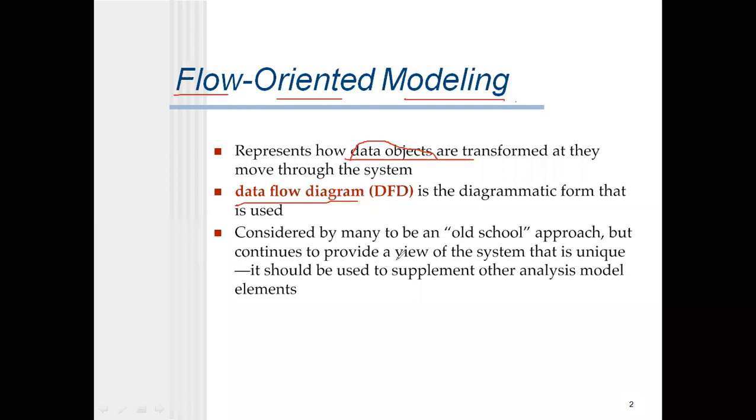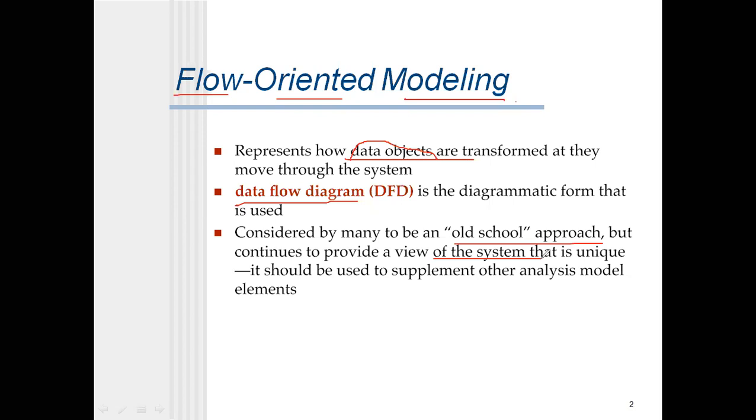Data flow diagrams are the diagrammatic form that is used, and it is considered by many to be an old school approach. It's the oldest approach, but it continues to provide a view of the system. It will show some view of a project or system that is unique.